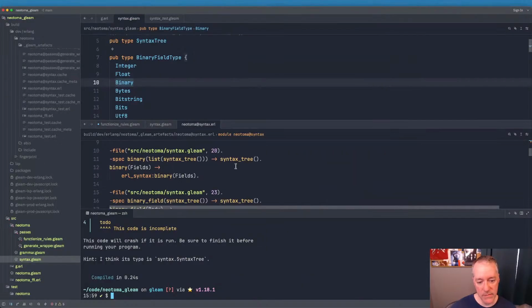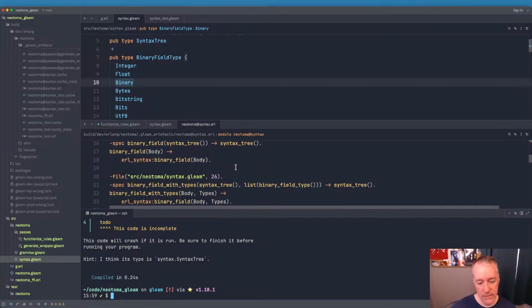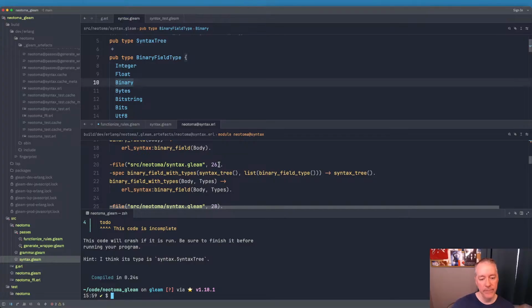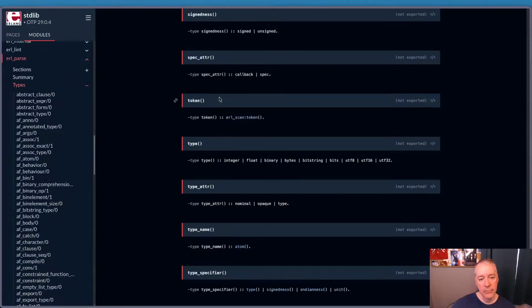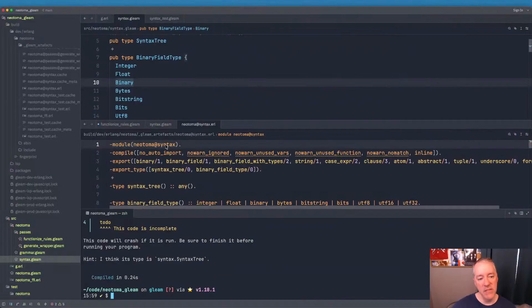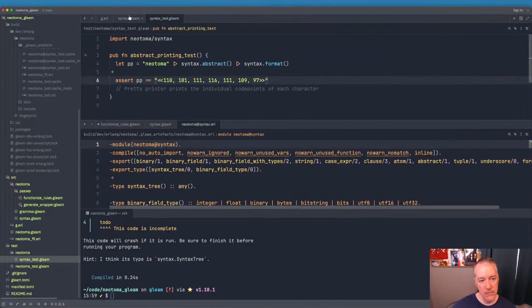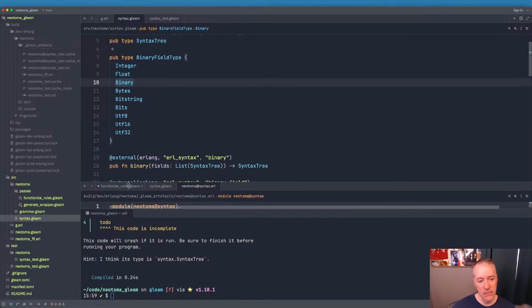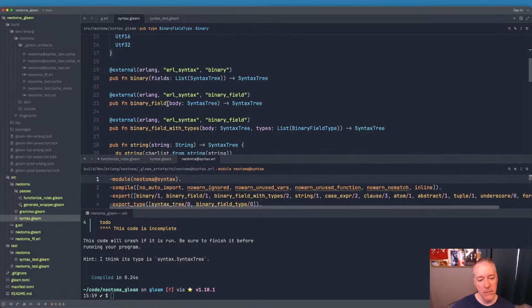Becomes the atoms that are valid there. However, those need to be syntax trees. So